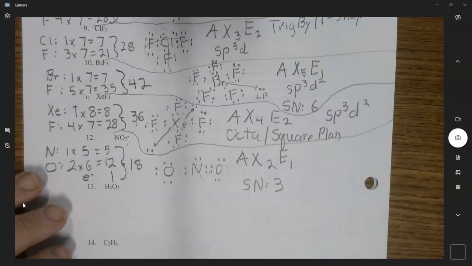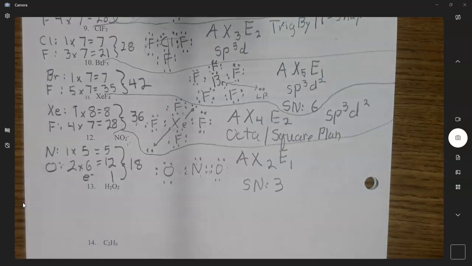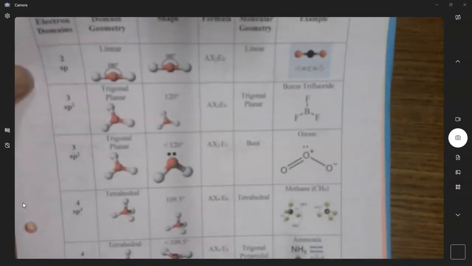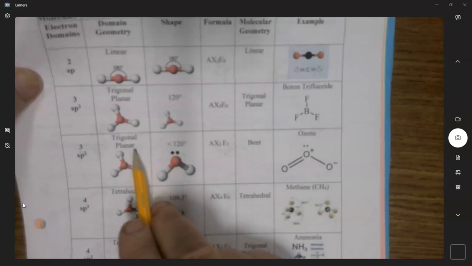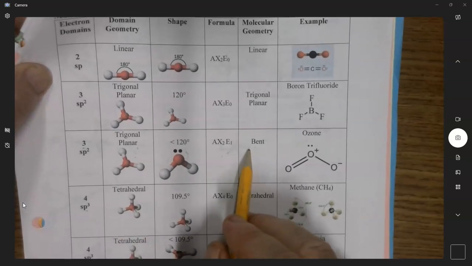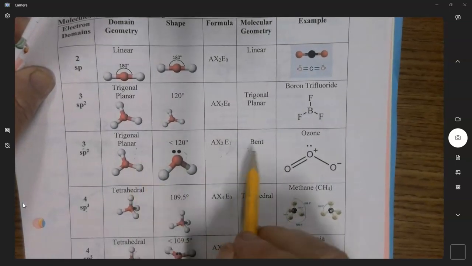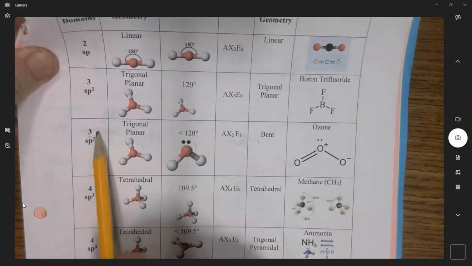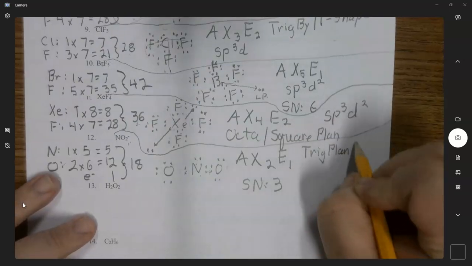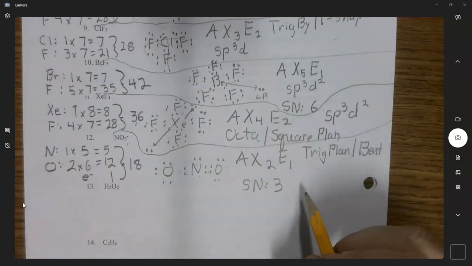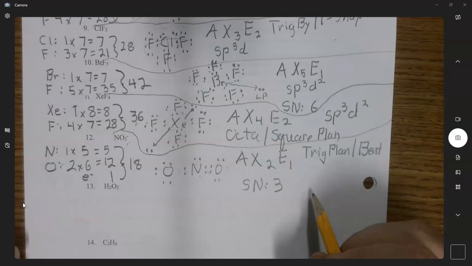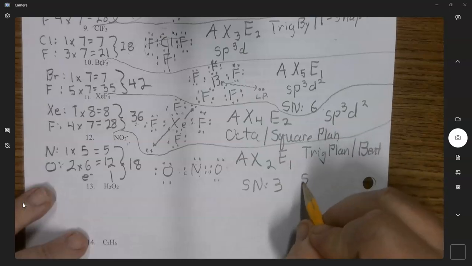Okay, so now we get to go back to the other page. It's AX2E1. It's right here. It's a trig planar family, and it's bent. Let me get that clear. Trig planar and bent. And the steric number's 3, and it's sp2 hybridization. Okay, and what else do I need to write? Oh, sp2